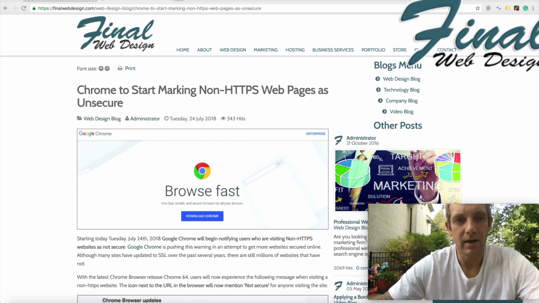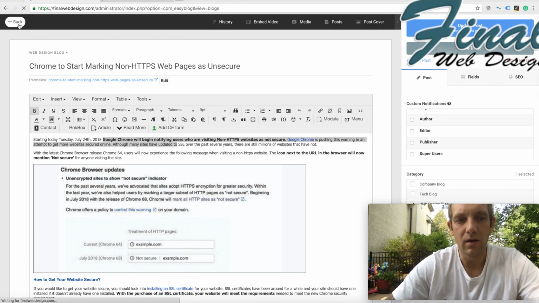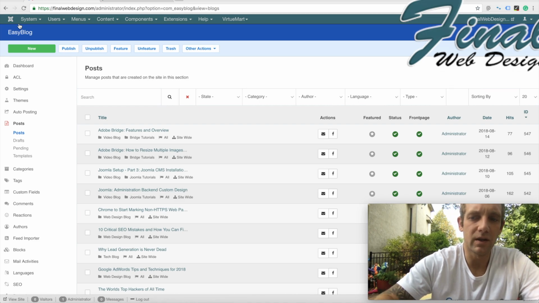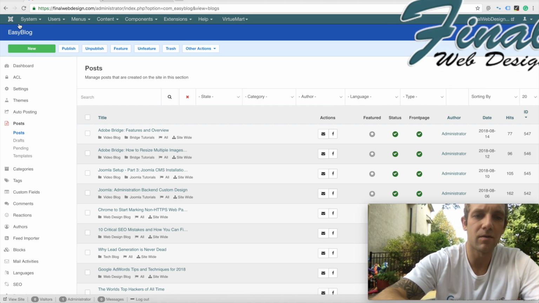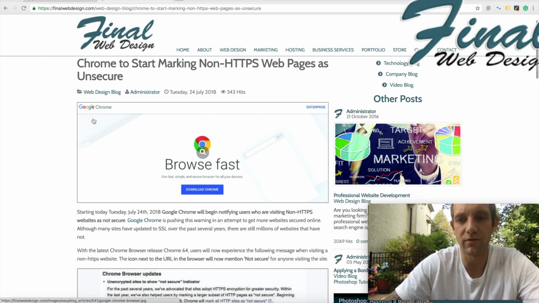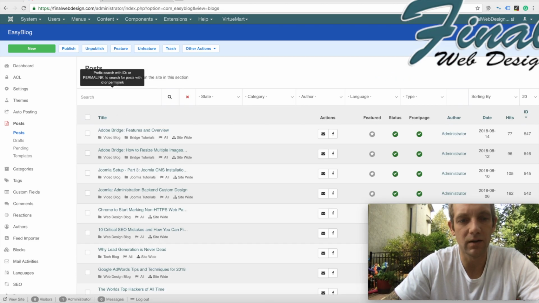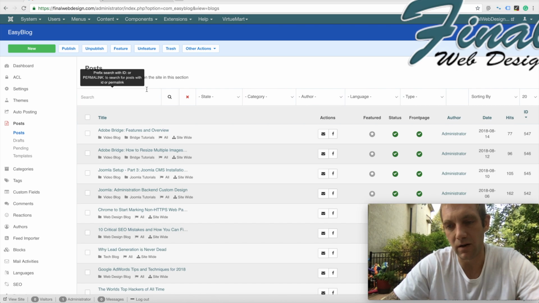But yeah, guys, that's just the first tutorial about EasyBlog. Just kind of wanted to give you the real rundown on how EasyBlog is built into Joomla, and some of the features as far as how the posts work and how the categories are laid out, so you can lay them out again with the front end of your website. Super powerful tool for blogging in 2018. It's basically what we install on all our clients'